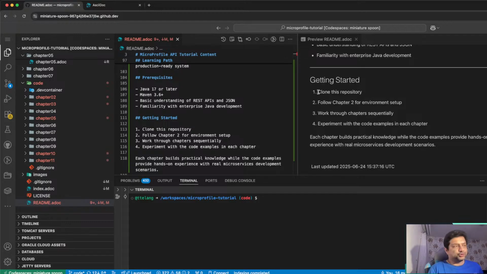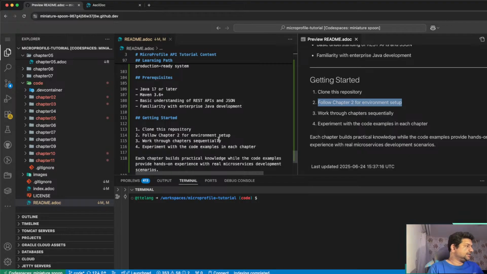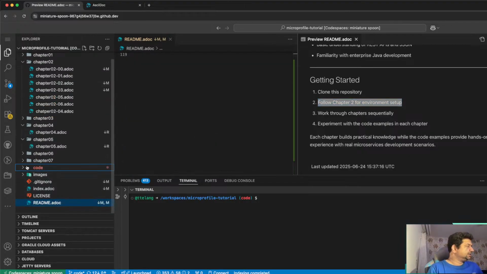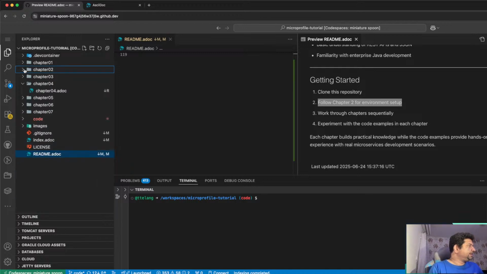So the way you should work is you should clone the repository, and then go to chapter 2 to do the environment setup. Okay, so this is all about the tutorial content. This is nothing to do with building the documentation site. Now to build the documentation site, we should have some other folder where we have this